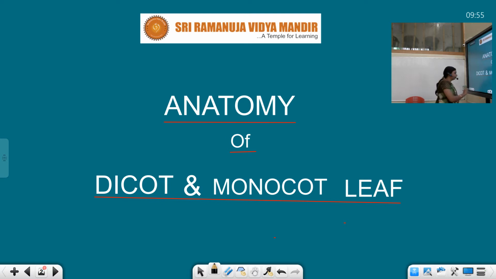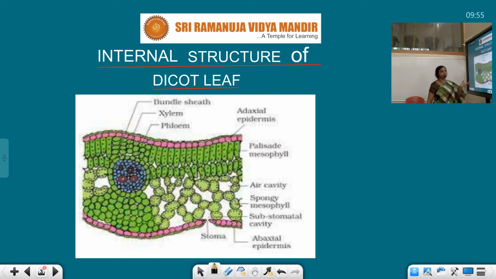So today we first start with dicot leaf, and we see this is the internal structure of dicot leaf. When we take the section of any dicot plant leaf, that is Helianthus or Hibiscus rosa sinensis or any jasmine, any plant leaf, in the transverse section we will find three main regions. First is epidermis, and epidermis is present on both sides, upper epidermis and lower epidermis, and in the middle portion mesophyll cells are present. So first is epidermis.